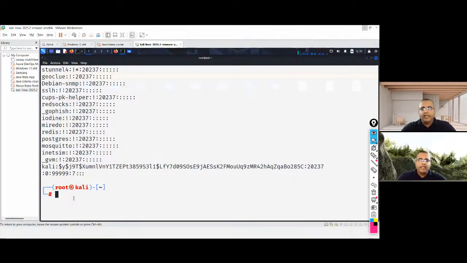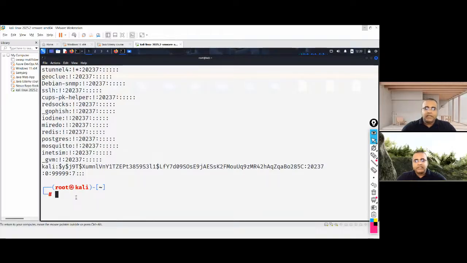So any user created, this is what is going to happen. There's going to be a salt value, and then again it is going to be the hash of your total value. And the $y$ here is the hashing algorithm. That option is there, and that is what it is going to be.